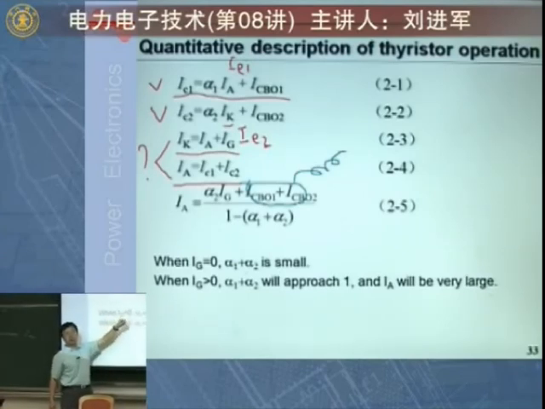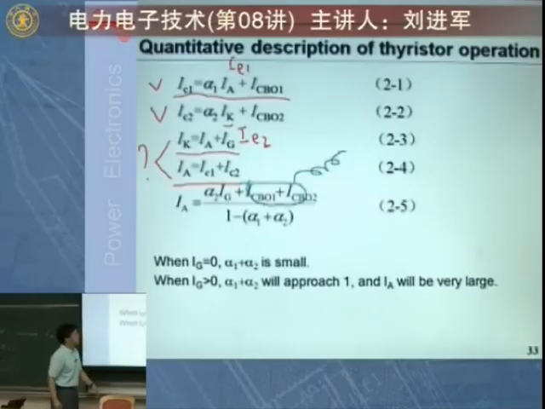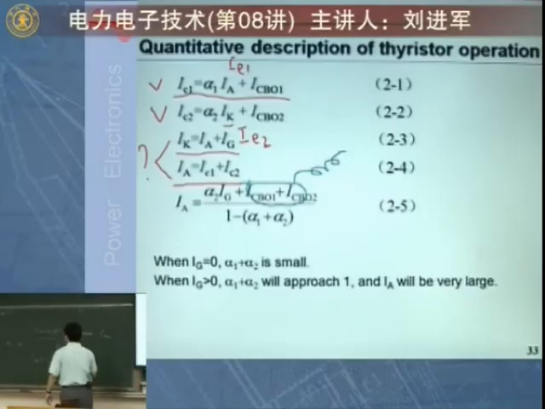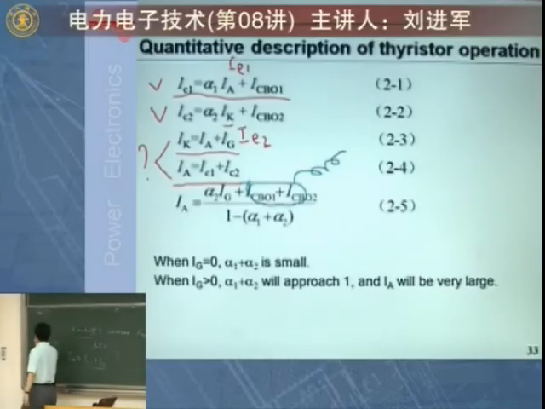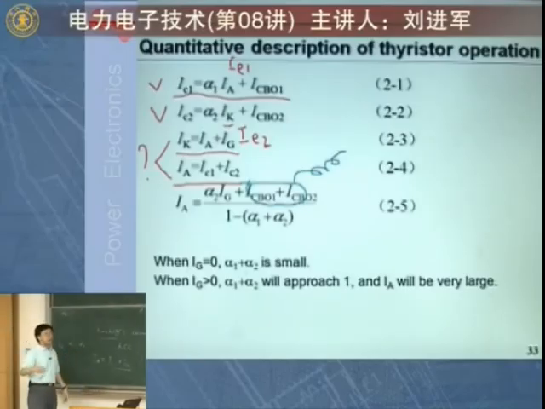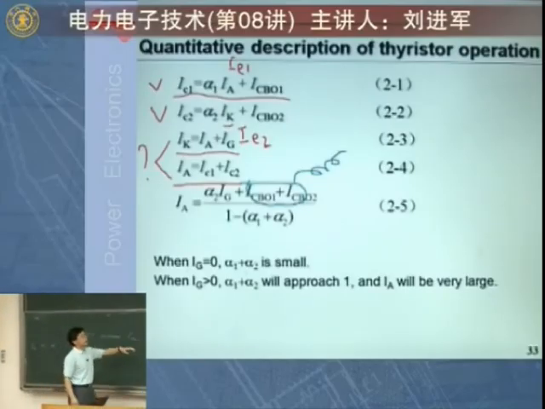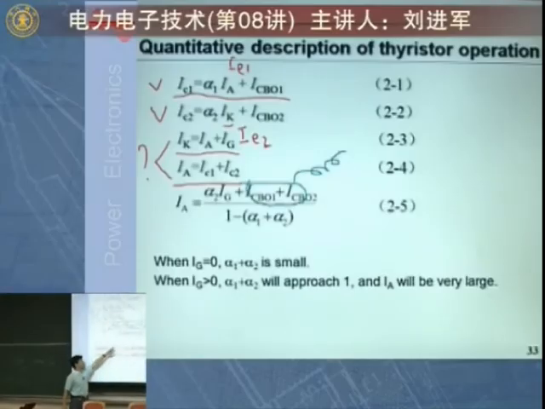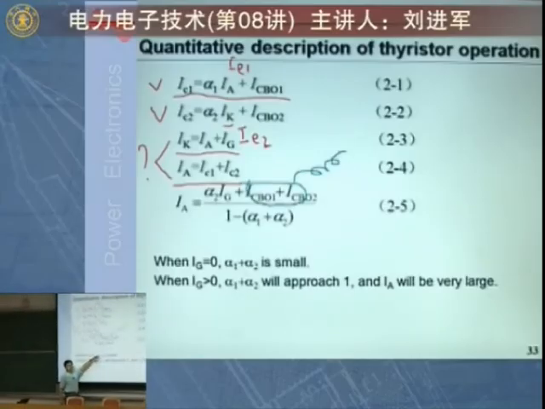The current will be very small. But when you inject a reasonably large IG, then you have both alpha 1 and alpha 2 getting larger. When alpha 1 plus alpha 2 is getting close to 1,